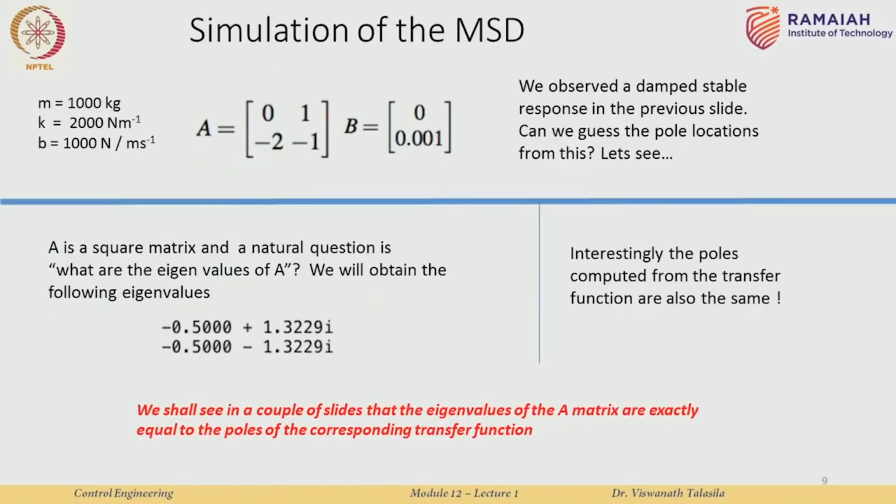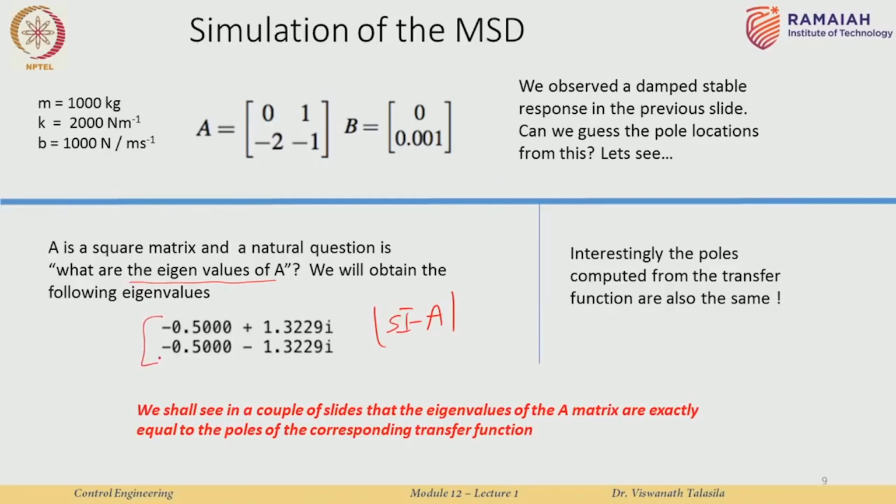Okay. So, one of the ways to do that is you have this matrix A over here. So, we see this is a square matrix. And one of the natural questions that comes when we see a square matrix is what are the eigenvalues of A. So, let us compute the eigenvalues of A, and it just follows the standard procedure. You compute the determinant of sI minus A,